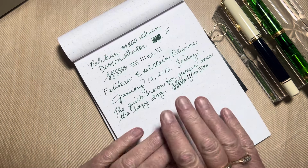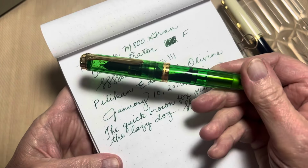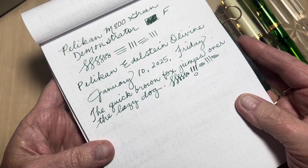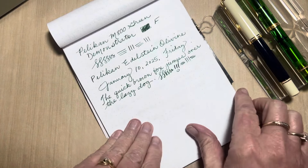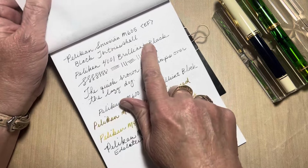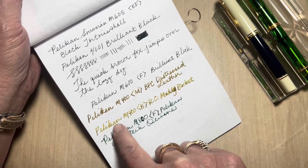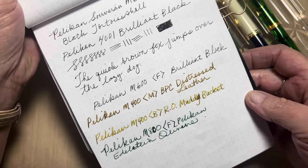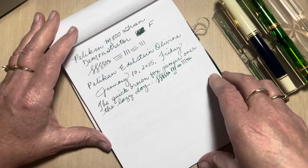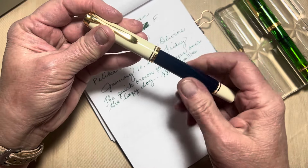Okay, I happened to find the page where I recorded my Pelikan M800 green demonstrator fine nib, which is my other M800 here, with the Pelikan Edelstein Olivine ink in January. And I want to record on the same page with the M800 because it is the broad nib, but I want to do a nib comparison because I've previously shared the M605 extra fine with the M600 fine, the M400 medium, and the M400 broad for line width comparisons, and we'll go back and do some more comparisons between broads amongst different sizes. But today we're just going to look at the M800 Cream Blue Pelikan Silveron, which was a